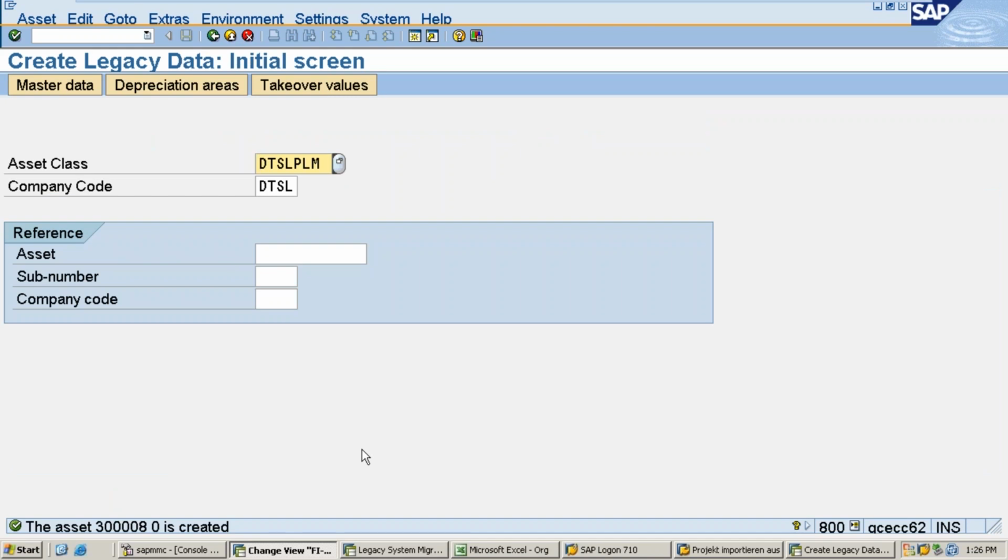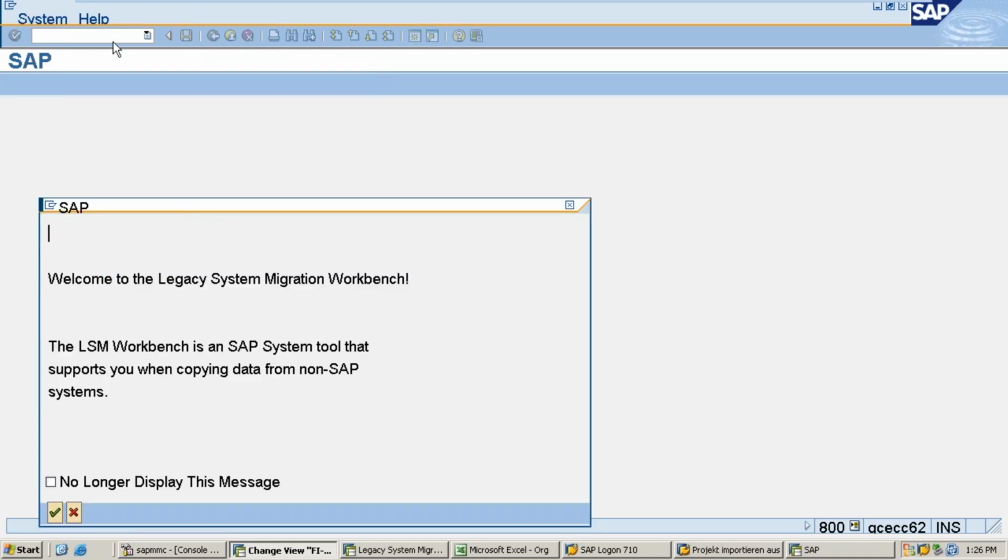Understand first how to create an LSW. I told you clearly, boss, in asset accounting there are still some topics we have left, so like this I am covering. Now I showed you how to create the legacy asset master record in the SAP system. Okay, let us do the same thing through LSW. Thousands of master records are there in my flat file. I am going to load.